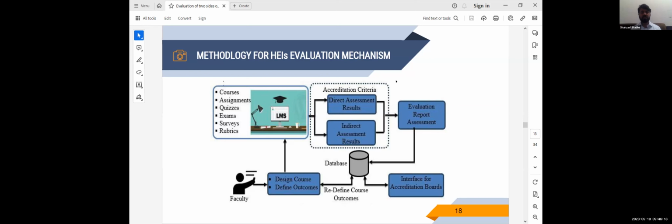So direct assessments are like quizzes and exams, and indirect assessments are like participation in the classroom, or in the forums, or in the discussion boards. So on the basis of these assessments, some evaluation reports are produced, and they are stored in the database, and that database is then available to the accreditation body, so they can perform the accreditation process.